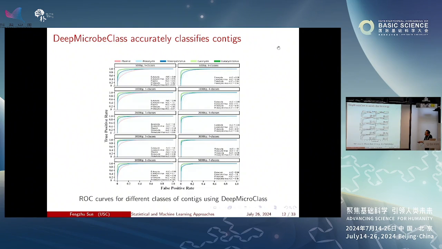As you can see, all those AUC curves are greater than 0.9, and the accuracy also increases with the sequence length. But there are some problems when we look at it carefully,